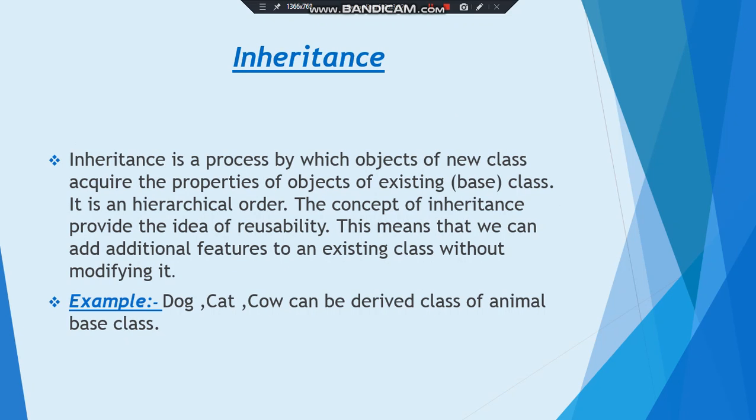Inheritance. Inheritance is a process by which objects of a new class acquire the properties of objects of an existing base class. It is in a hierarchical order. The concept of inheritance provides the idea of reusability. This means that we can add additional features to an existing class without modifying it. For example, dog, cat, cow can be derived classes of